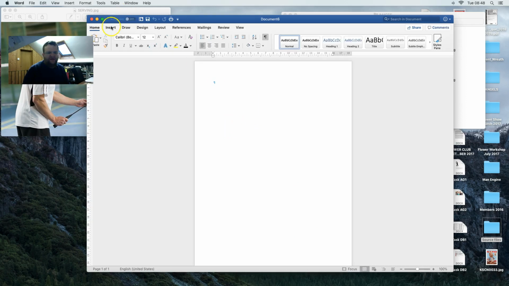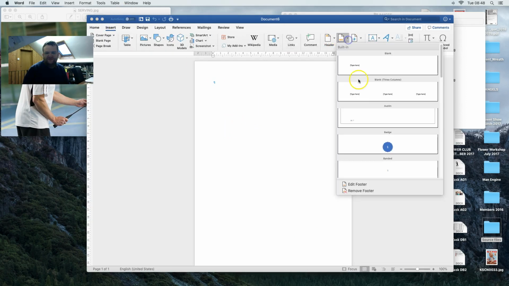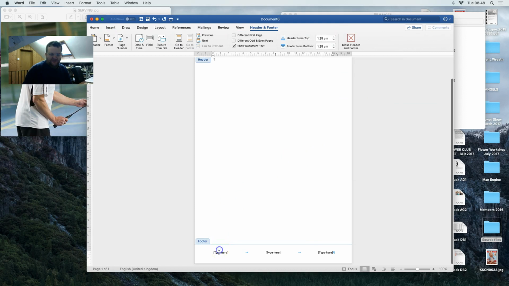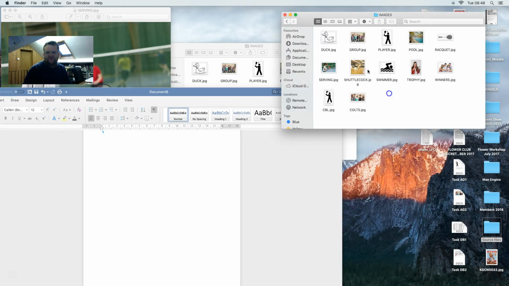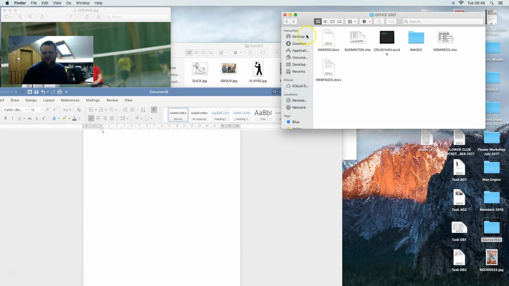blank document and then insert a footer, and I'll say tasks WA1, delete the one at the side, put your name, close that, and then all I need to do is just go back and open these files up. So if I find Clicker,